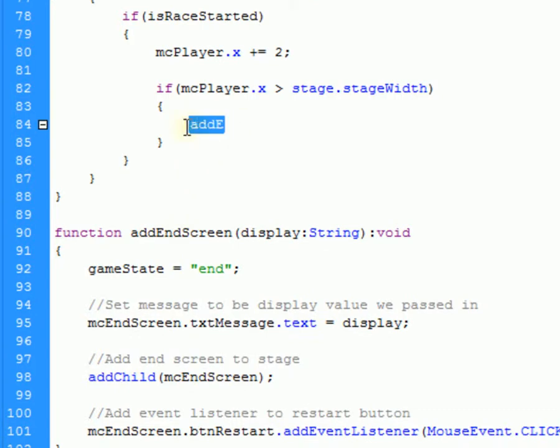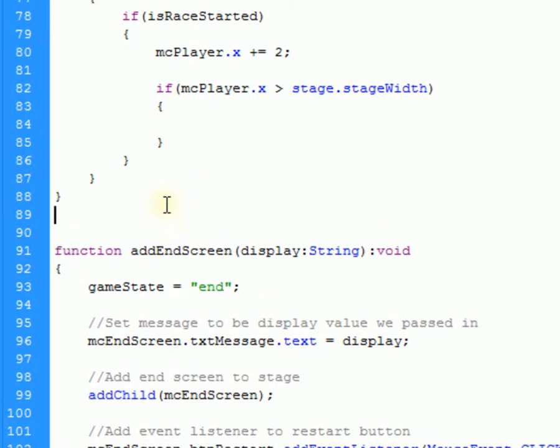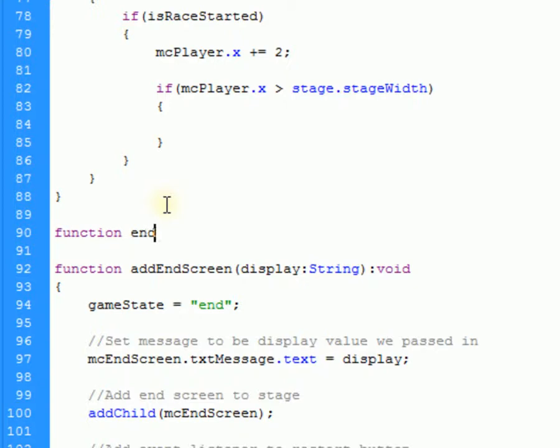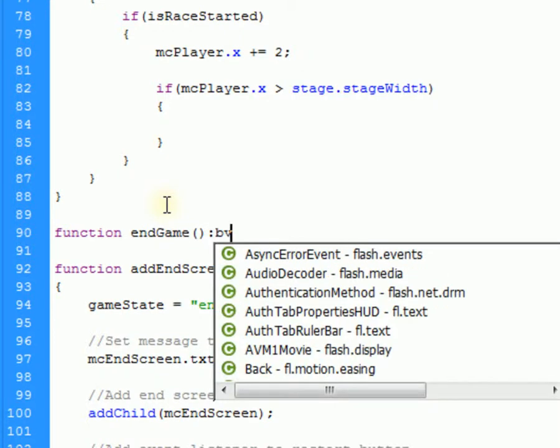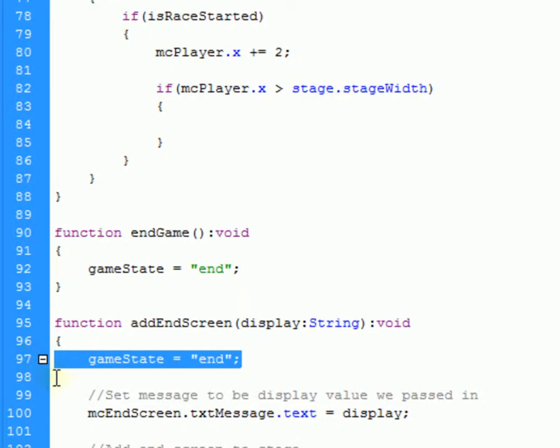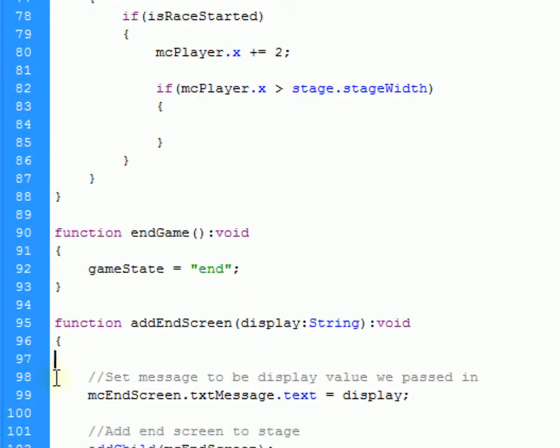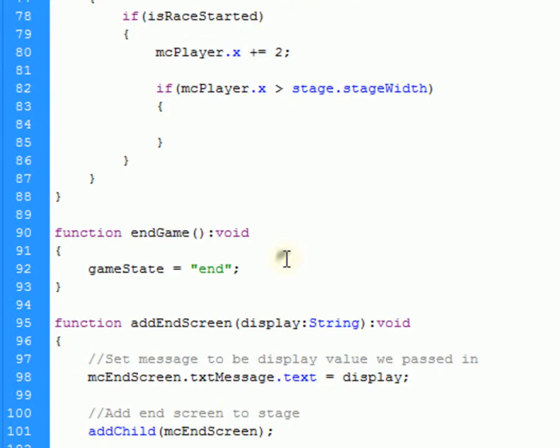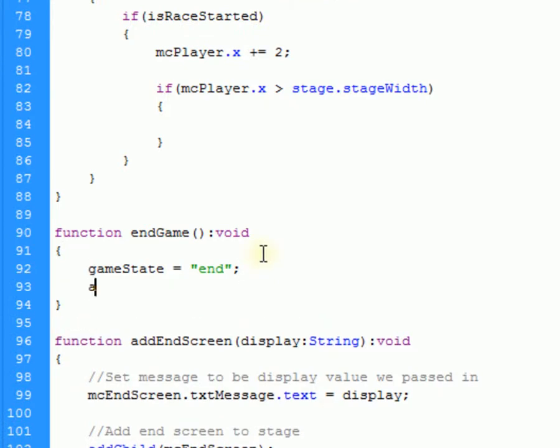And I'm going to go for that option. So I'm going to stop typing here for just 1 second. And I'm going to say function end game void. And what are we going to do? Well, first we're going to set game state equal to end. Okay. Oops. And then what we want to do is, well, now we can get rid of game state right here because we already changed it in end game. And then we can call